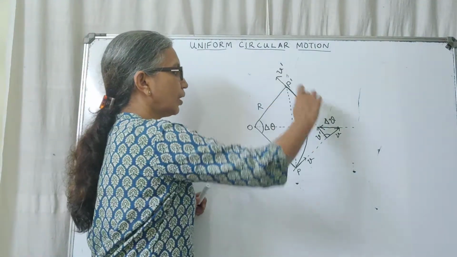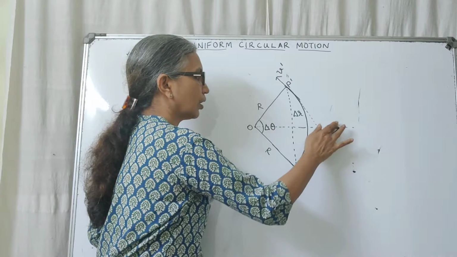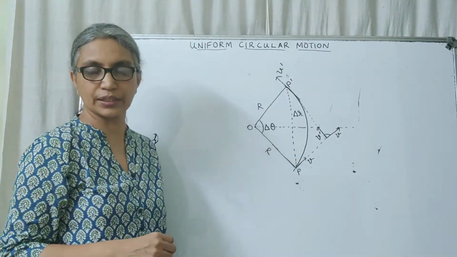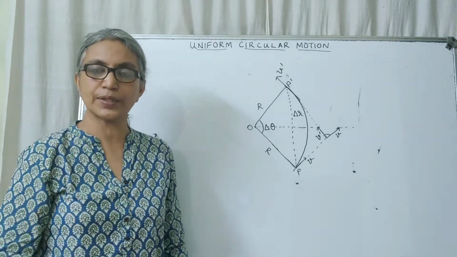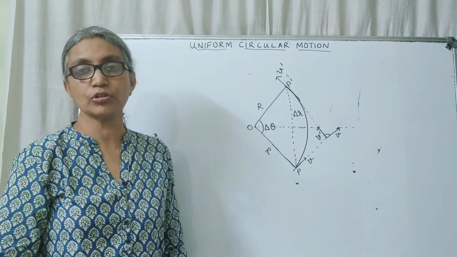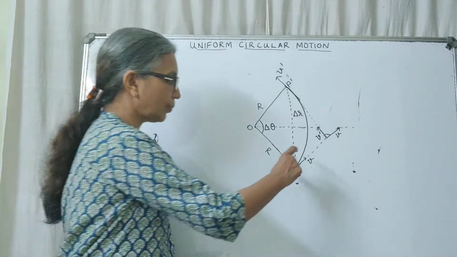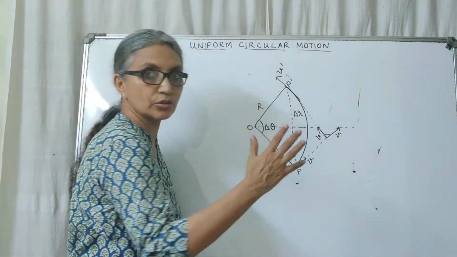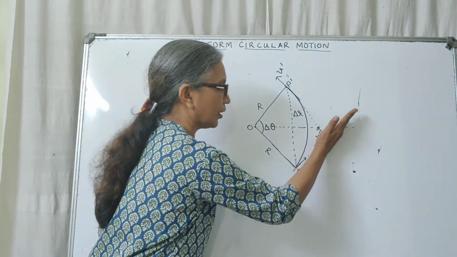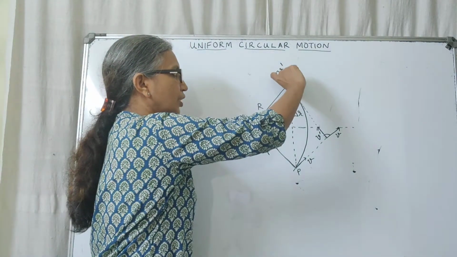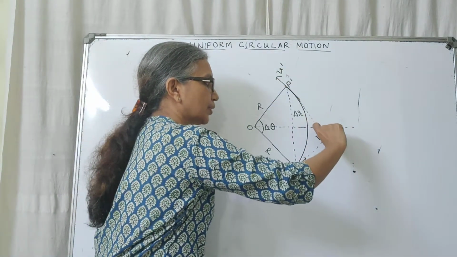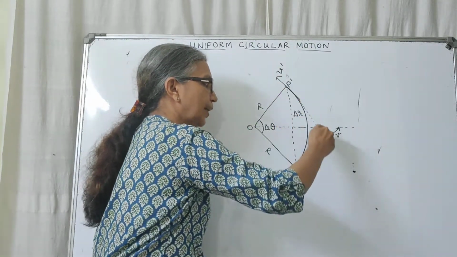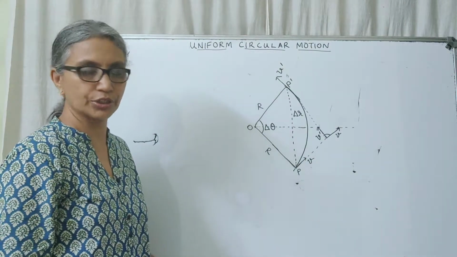So here I may displace the vectors v dash and v. Before, in our discussions on vectors, I told you that you can displace your vector anywhere you want, provided you don't change its magnitude and direction. So I may displace this vector v from here to this position, provided the magnitude and direction are not changed. I have drawn a parallel line like this. Also, this v dash vector I have pulled from here and displaced it here without changing its magnitude, drawing a parallel line so that the direction is also not changed.